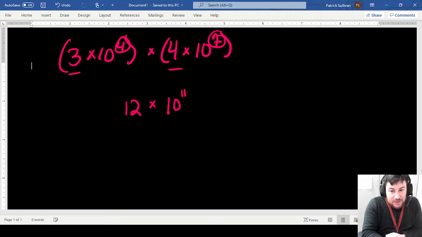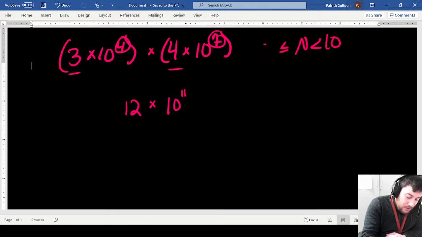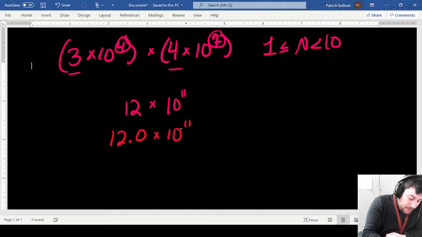But again, careful, this lead value of 12 is not less than 10 and greater than or equal to 1. So in order to fix this, if I rewrite 12 as a decimal, I'm going to shift it over to the left, so then I get 1.2